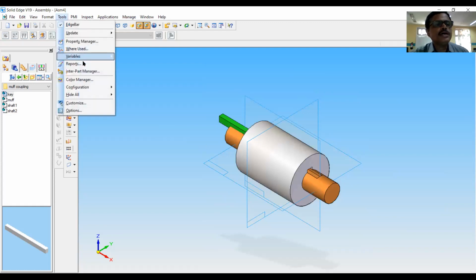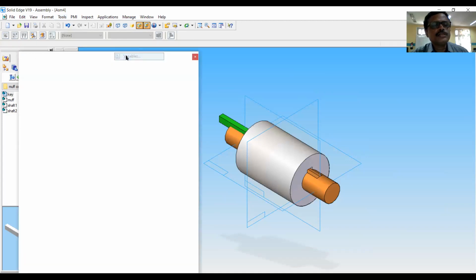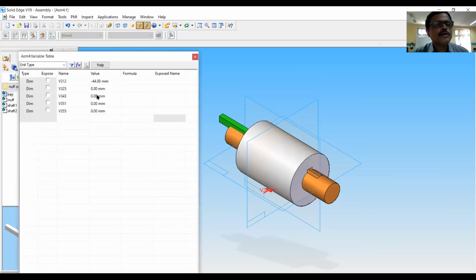That can be done by using the tools variables. Here it is, minus 49. I think not this one.